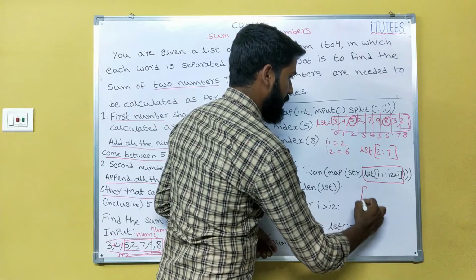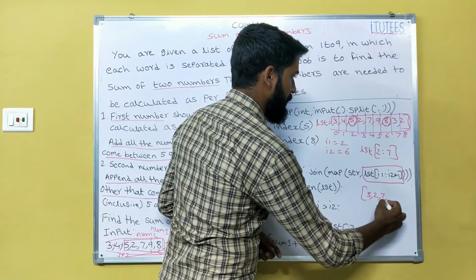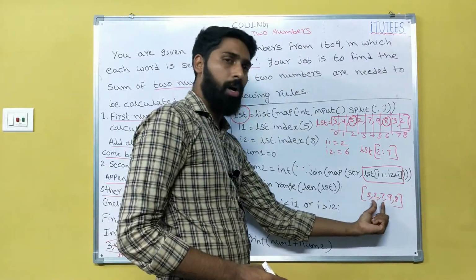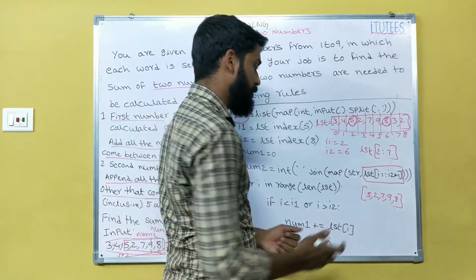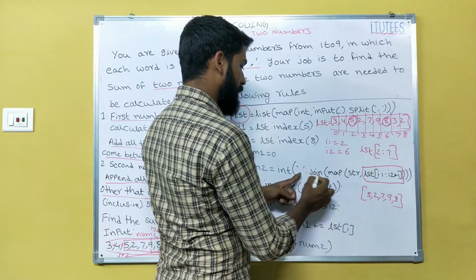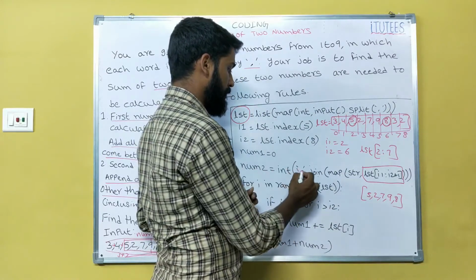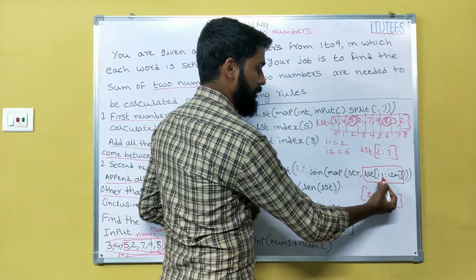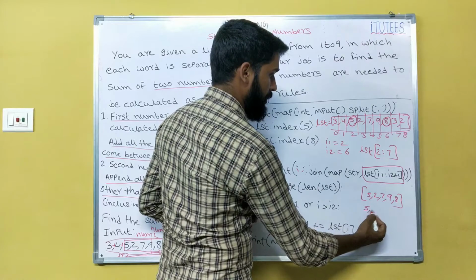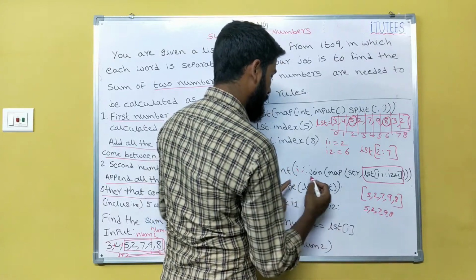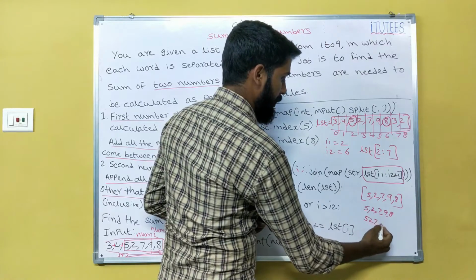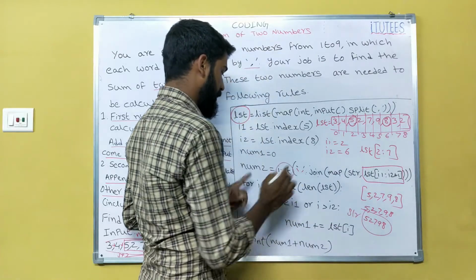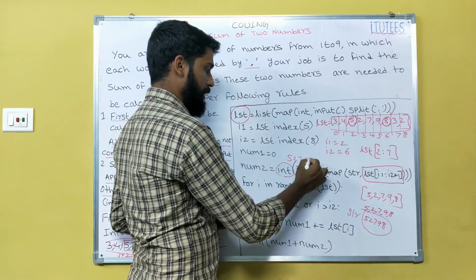So how do we get this? 5, 2, 7, 9, 8. Now I want to join all these, that means I can merge all these numbers into one number. So I can use dot join on an empty string, with single quotation marks at the start and end, with map str of this list. That joins 5, 2, 7, 9, 8, and now it becomes a string. Now I convert this string into an integer. So number 2 is 52798.